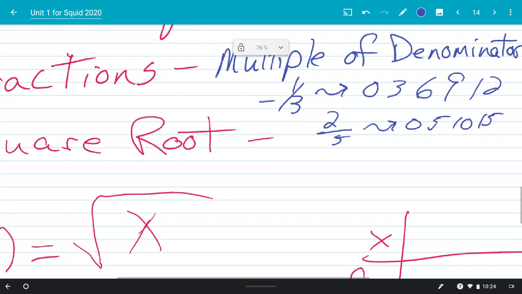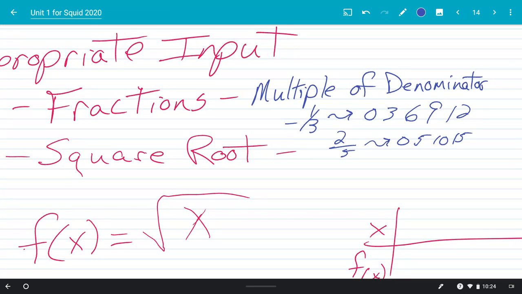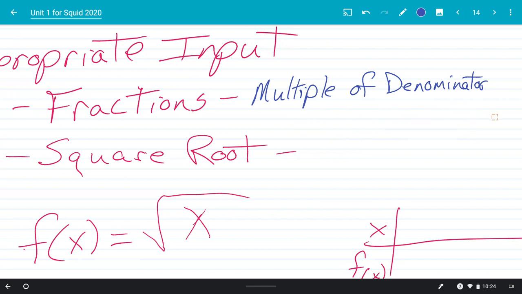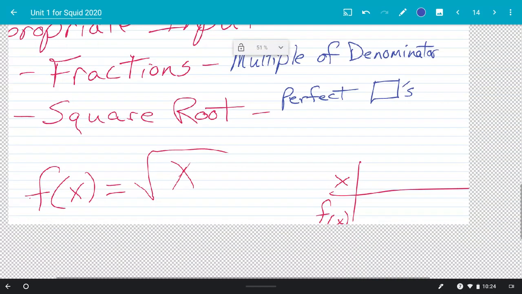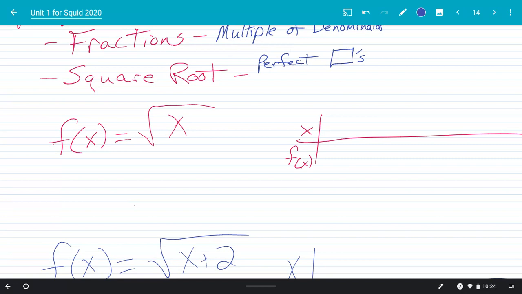All right, the other one that you're going to see is the square root function. Okay, this is a square root function. What is the square root? You know, it's the thing that undoes a square. When we talked about some specific numbers that had something to do with a square root, those were the perfect squares. Okay, so if you see a square root, you want to use the perfect squares. Okay, now I have the simplest square root problem right here, and I would legitimately choose 0, 1, 4, 9,